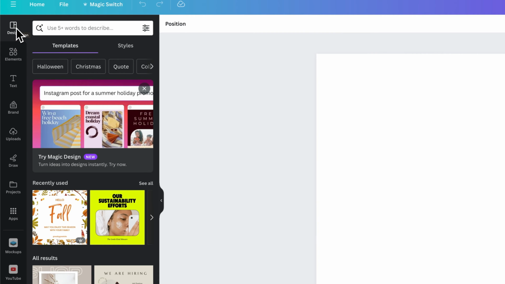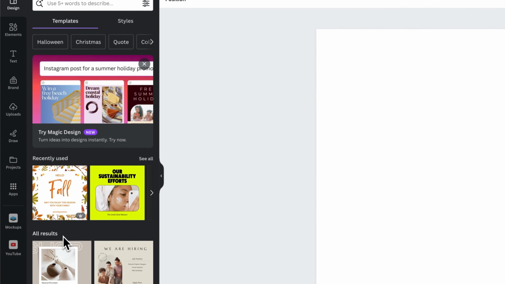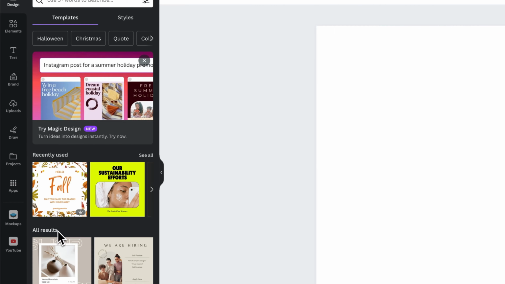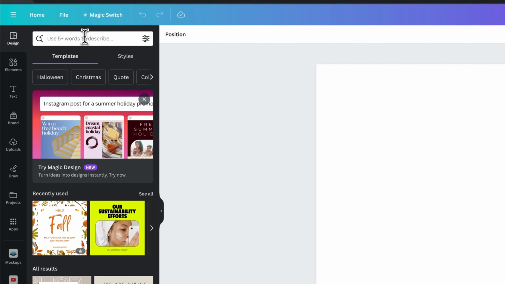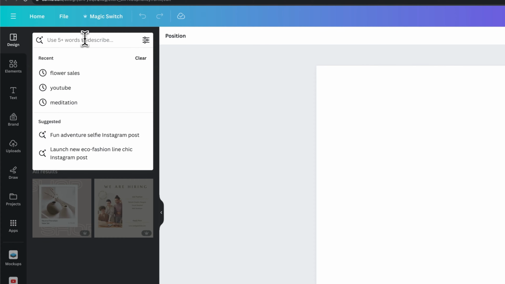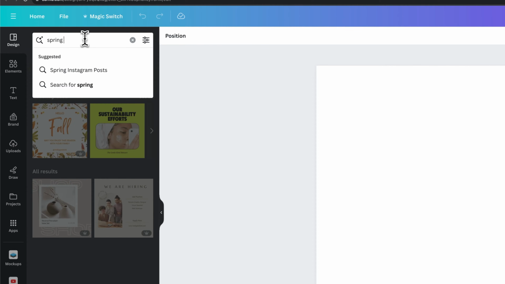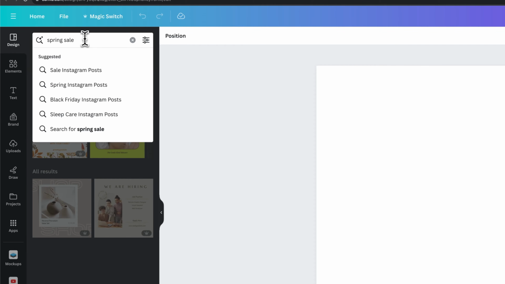Now what we can do here is take a look at both templates and styles. On the templates section, we already have some upcoming or seasonal options that we can filter by. We have recently used and also just all results, which doesn't really show anything right now. However, up here we can search for things. So if we wanted to look for a spring sale template, we could just search for that and press